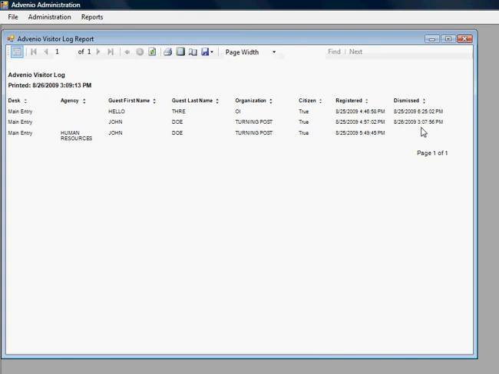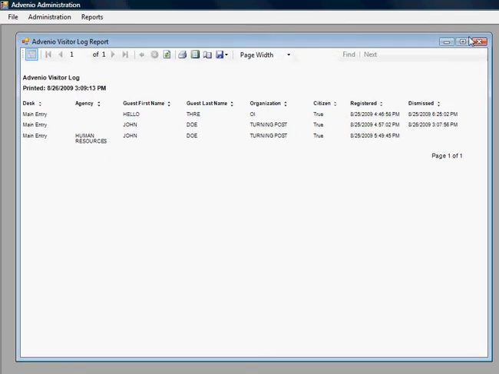This gives you a great advantage over paper logbooks, especially if you're dealing with multiple reception desks, because this allows you to electronically search based on your search criteria for specific events of people arriving at your building across all of your reception desks in one report, as opposed to having to flip through a paper book to find specific things by date. That's it. The only other option here in the File menu is to exit, and so that completes the tour of the